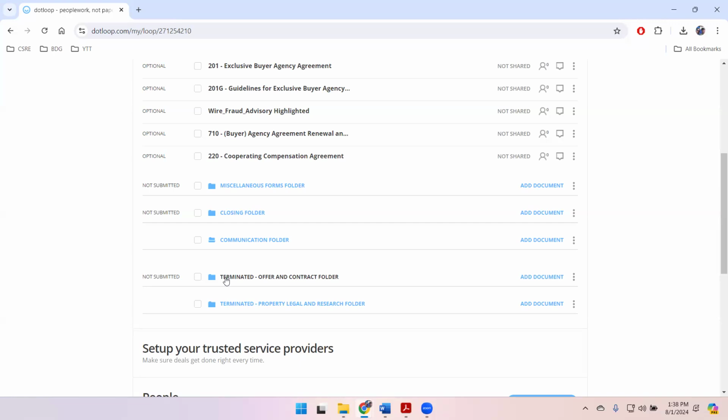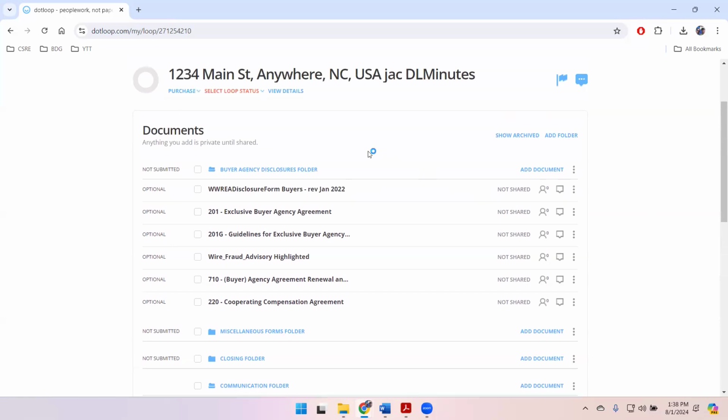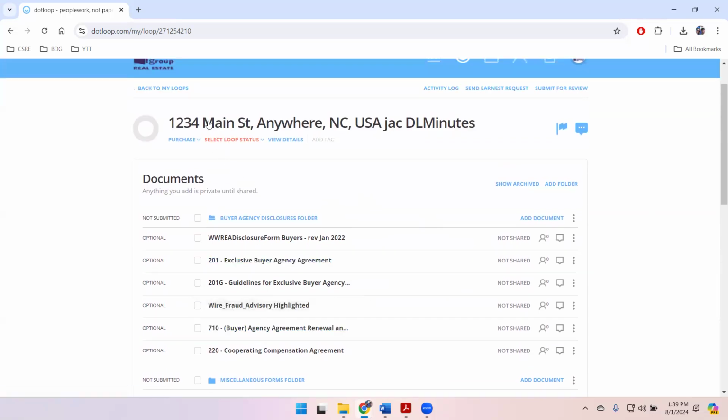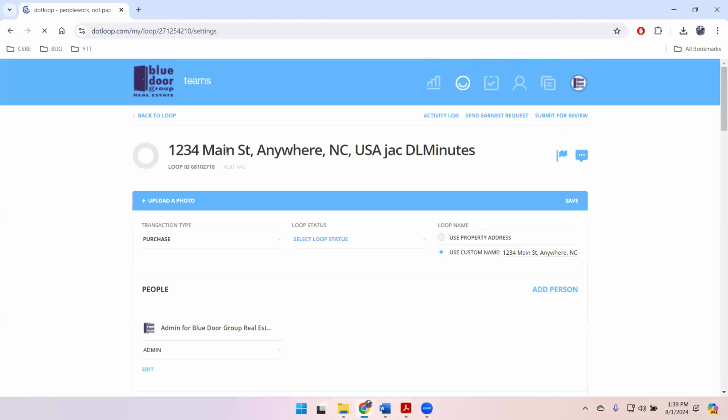So please don't fight the urge to create multiple loops. We're trying to keep every buyer in a loop, and every seller in a loop. So this buyer's come back out, and you can see our buyer agency paperwork is still here, so I don't have to ask them to sign anything, possibly just the agency agreement renewal or amendment, Form 710. But now they've gone out and found another property. Let's say you take them out this weekend and show them